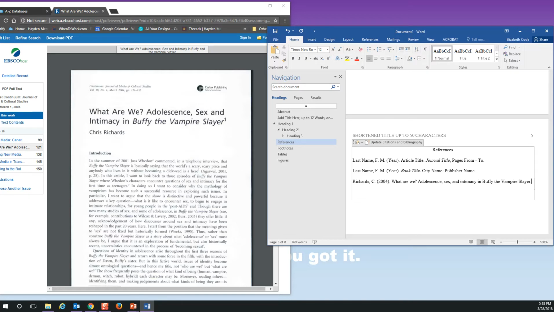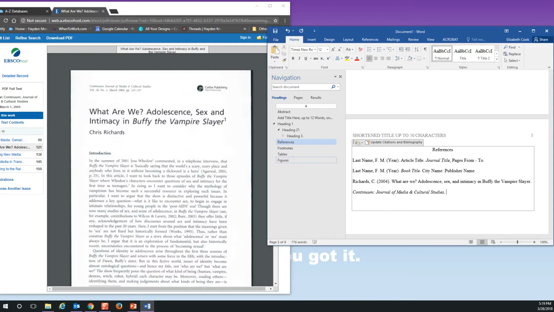So what I'm going to do now is put my journal article in, and I'm going to italicize it. I'm just hitting Control and I to get italics, but you can also click the little I up here. And my journal title is Continuum, Journal of Media and Cultural Studies. So let's put a space there. Continuum, Journal of Media and Cultural Studies. The journal title is not in sentence case. So, okay, I have my journal title. I've finished that. I'm going to take my italics off.